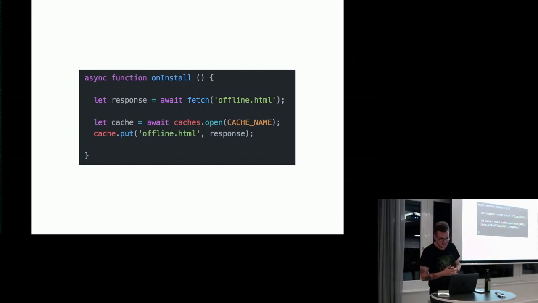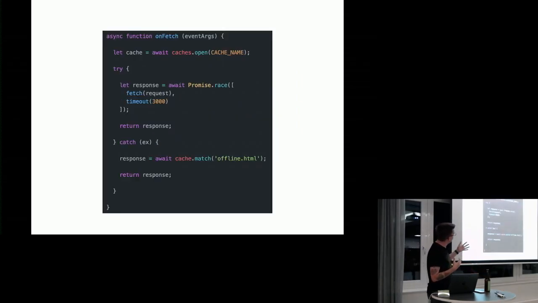ServiceWorker, and on install it fetches the offline HTML, which provides the content for later when you're sitting on the toilet in the countryside, so you don't get bored. And then we're getting the cache, and we put that offline HTML into the cache. That's the install event, and your customers don't even notice that you just dumped some offline HTML on their device, and later they are sitting on the toilet, and then you get